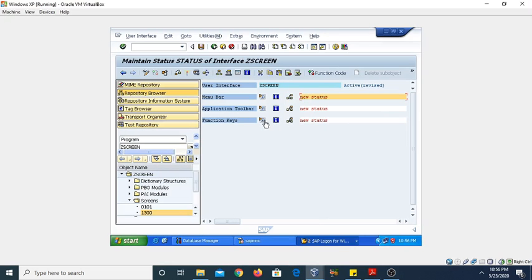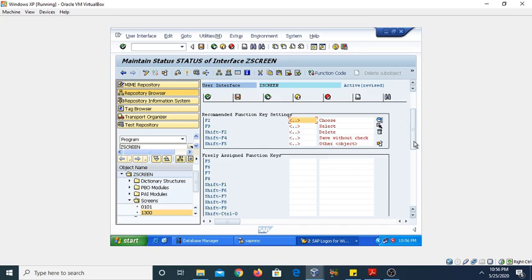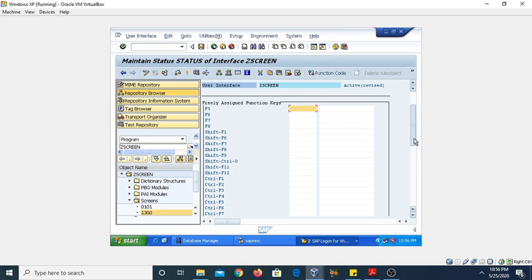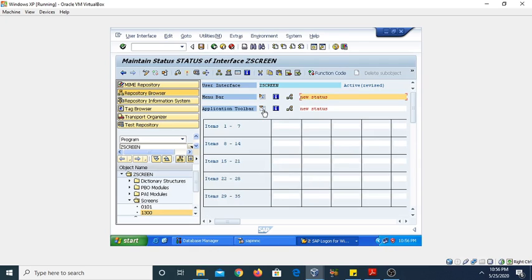You can set the function keys from here. Just click on it. You can see this is the standard toolbar which is recommended by the SAP system. So you can choose from here any one standard toolbar button and you can assign any freely assigned function key. Similarly, if you want to set the application toolbar, you can set the items here.